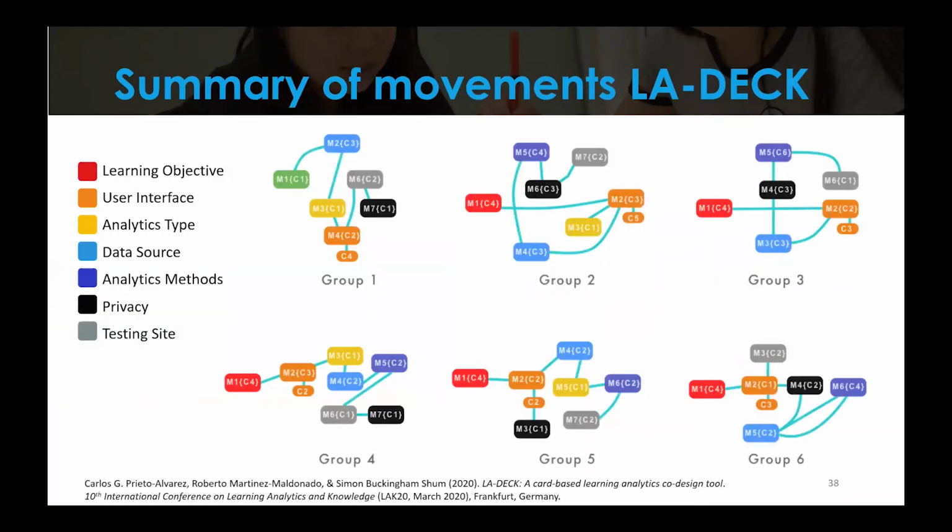After that we went into a deeper analysis, which is the first thing that people in the collaborative field wanted to do. We see that there's a similarity in how they use the cards. Mostly they spend a lot of time talking about how the tool looks, which is very important for learners. What is the data source? Where are we getting this data? And what is the analytics method?